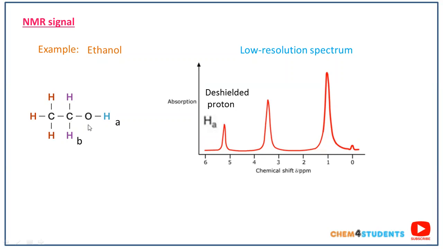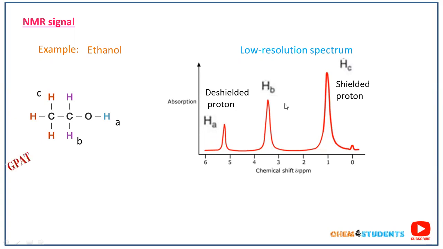And due to close proximity, this B type of proton is slightly de-shielded, or we can also call it slightly shielded. That is the reason we get the peak at a slightly shielded region. The third type of proton is the C type of proton, which is attached to the second carbon of the compound. Due to the greater distance between the electronegative atom and the proton, these protons are completely shielded. That is the reason we get the peak at the upfield region.